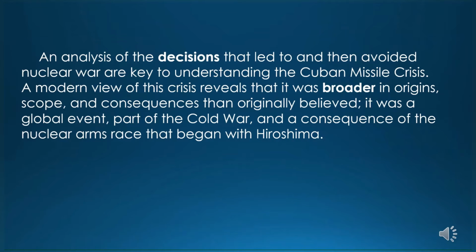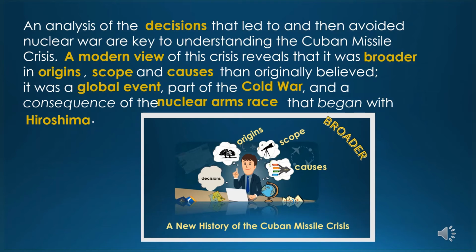So we take one more look, make sure we have all of our main key ideas incorporated. An analysis of the decisions that led to and then avoided nuclear war are key to understanding the Cuban Missile Crisis. A modern view of this crisis reveals that it was broader in origins, scope, and consequences than originally believed. It was a global event, part of the Cold War, and a consequence of the nuclear arms race that began with Hiroshima. So the next step for me is always to take that thesis and apply it to an image